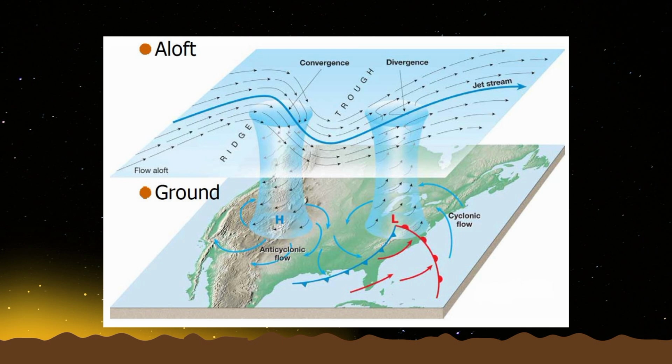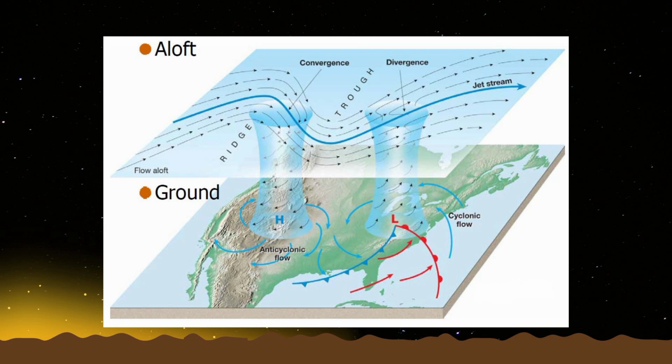As you can see, in the anticyclonic, ang movement or ang pag-spiral sa wind is pa-outward. As you can see from the arrows, di ba, nga ginapakita. Well, in the cyclonic flow naman, ang flow sa wind is pa-inward or pasulod. In the upper part of the picture, or semi-olive na part, we can see the jet stream. Jet stream is a wind in the upper level of the atmosphere na very paspas. As you can see also, may mga parts ang jet stream.